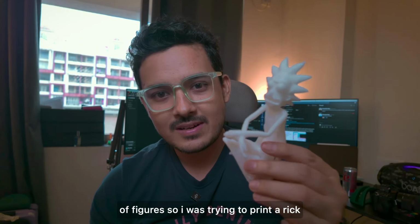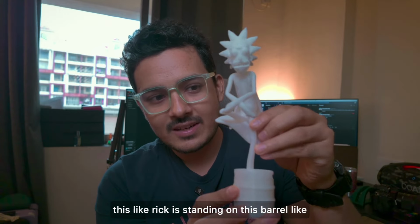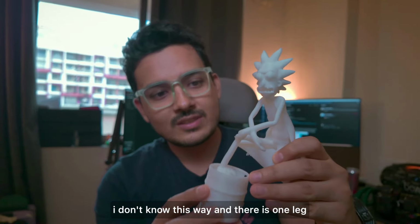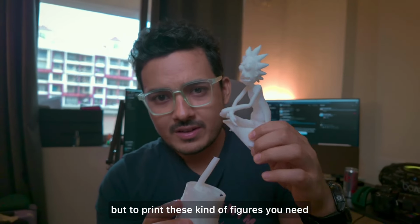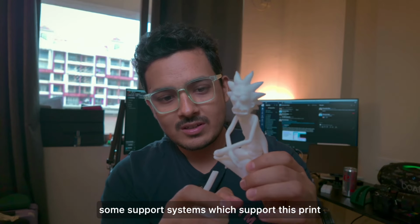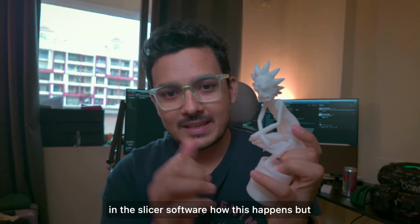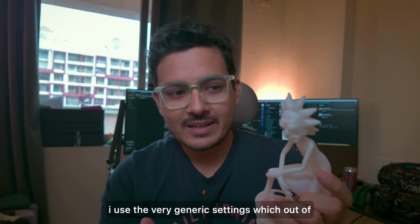So I was trying to print a Rick and Morty figure, Rick, and this was like this. Rick is standing on this barrel, I don't know, this way, and there is one leg. But to print these kind of figures, you need some support systems which support this print to be created. I'll show you in the slicer software how this happens, but I used the very generic settings which